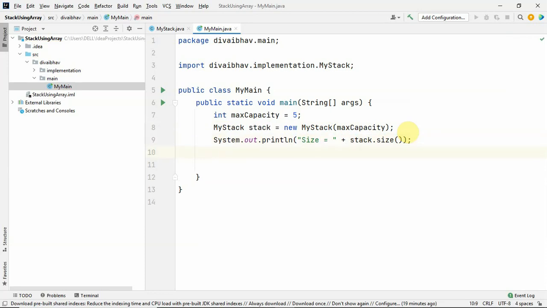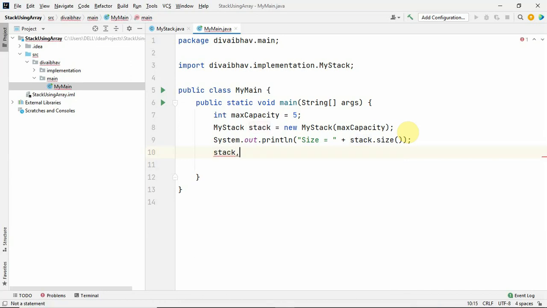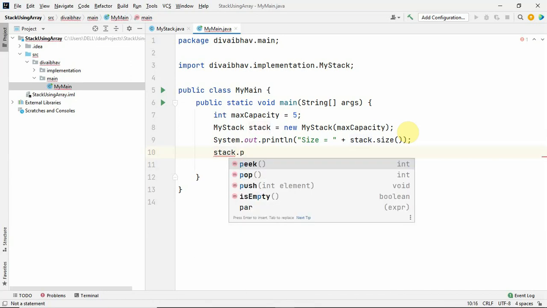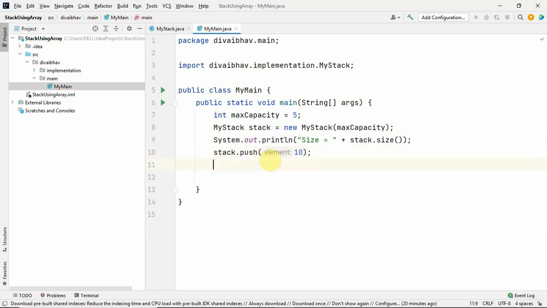Now after getting the size, we are going to insert an element into the stack. I am inserting an element by calling the function push. This method requires 1 argument, I am pushing 10. Now when one element is there, the size will be different.